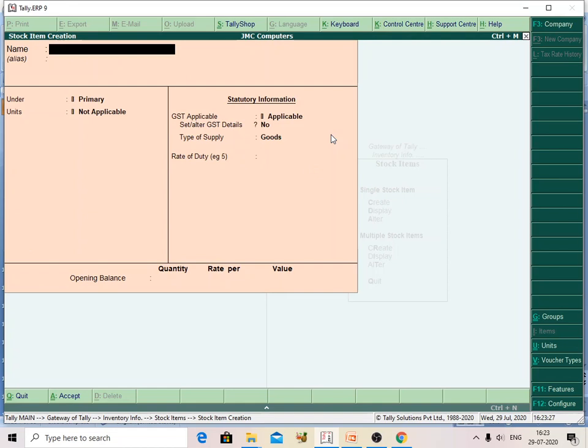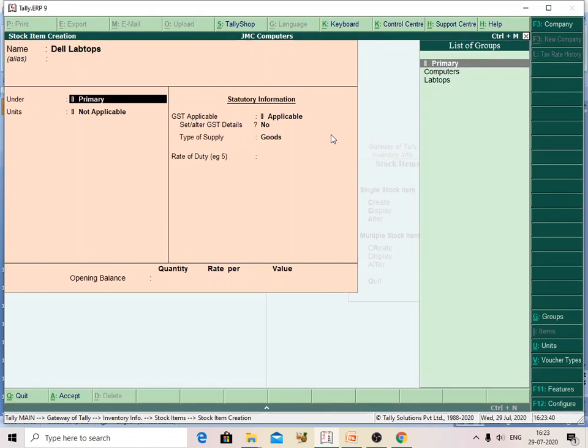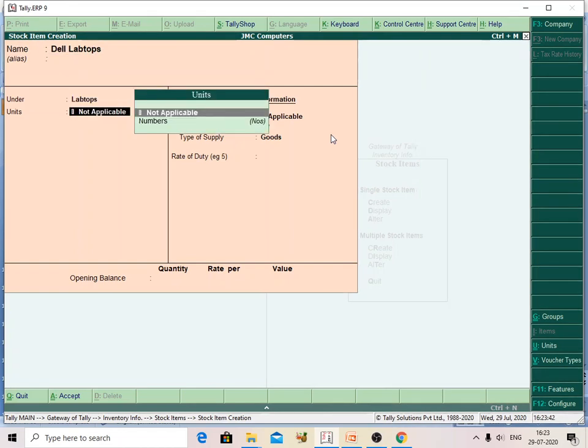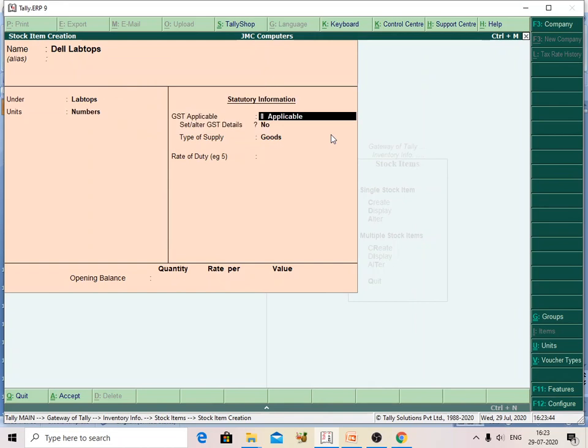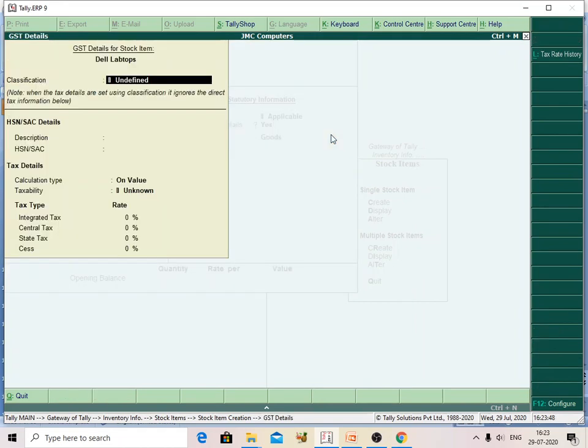Okay, now I am creating one more stock item, that is Dell laptops. It is under laptop, measured in terms of numbers, GST is applicable, it is yes. Now here I am assigning the tax rates.